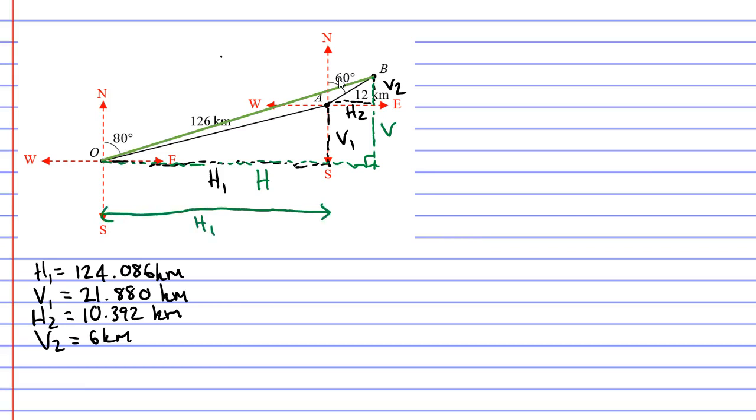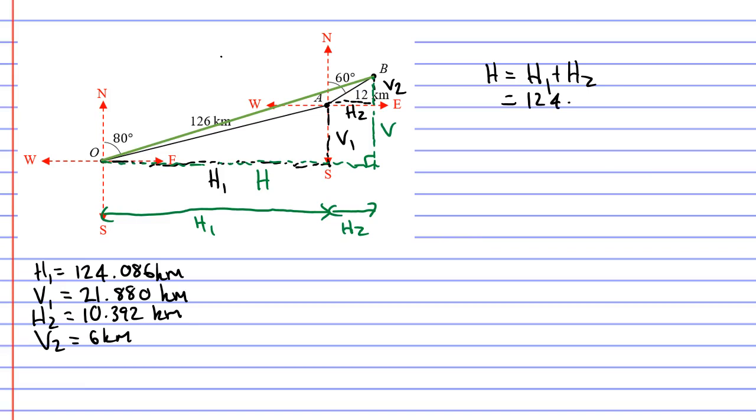And H2, the second horizontal distance, is this distance here. So our horizontal distance for the green triangle can be taken by adding those up. So H is H1 plus H2,